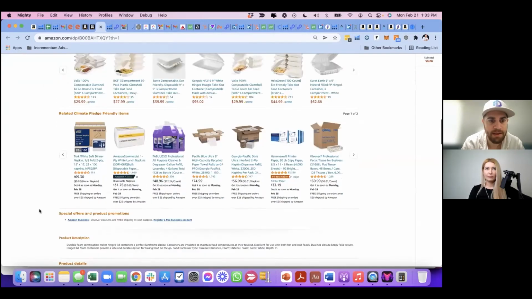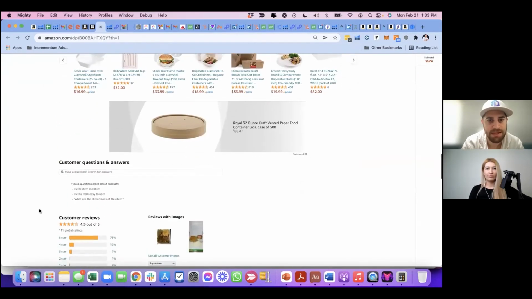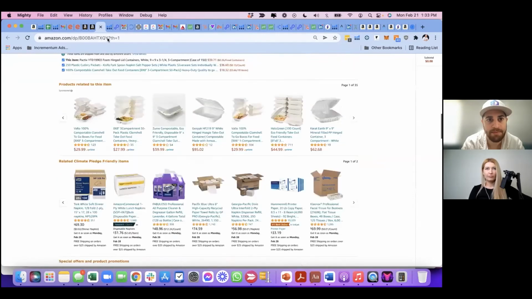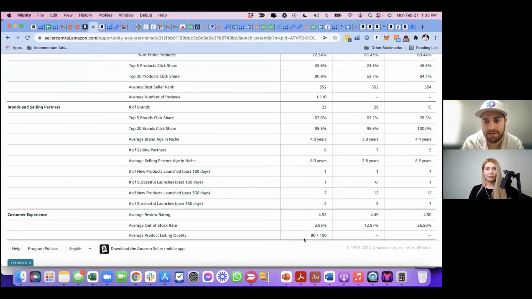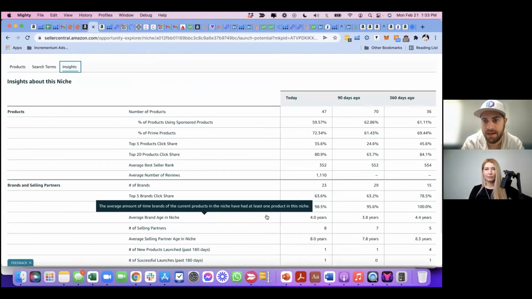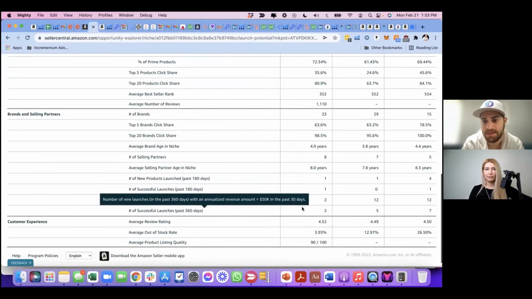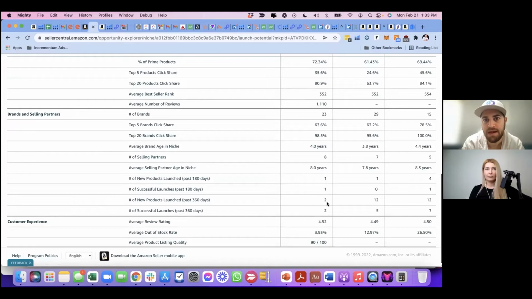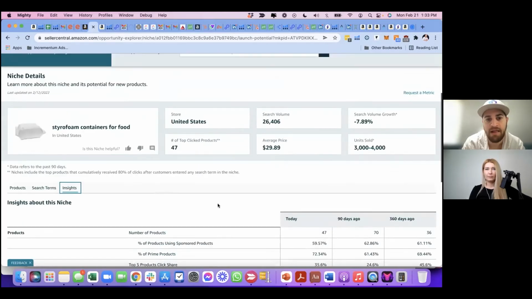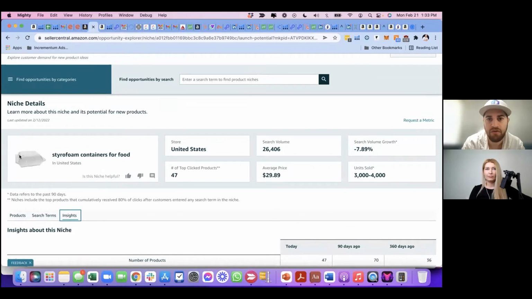This would probably be like a 7 or 6, and Amazon gives the niche a 90, so I wouldn't take this so much. Basically a 90 is probably pretty bad. And then we see that the number of new products launched in the last 360 days is only 2 products, right? So we also don't see a lot of people coming into this niche, right? So $25,000, I'm sure you can go and get market share against this styrofoam container,